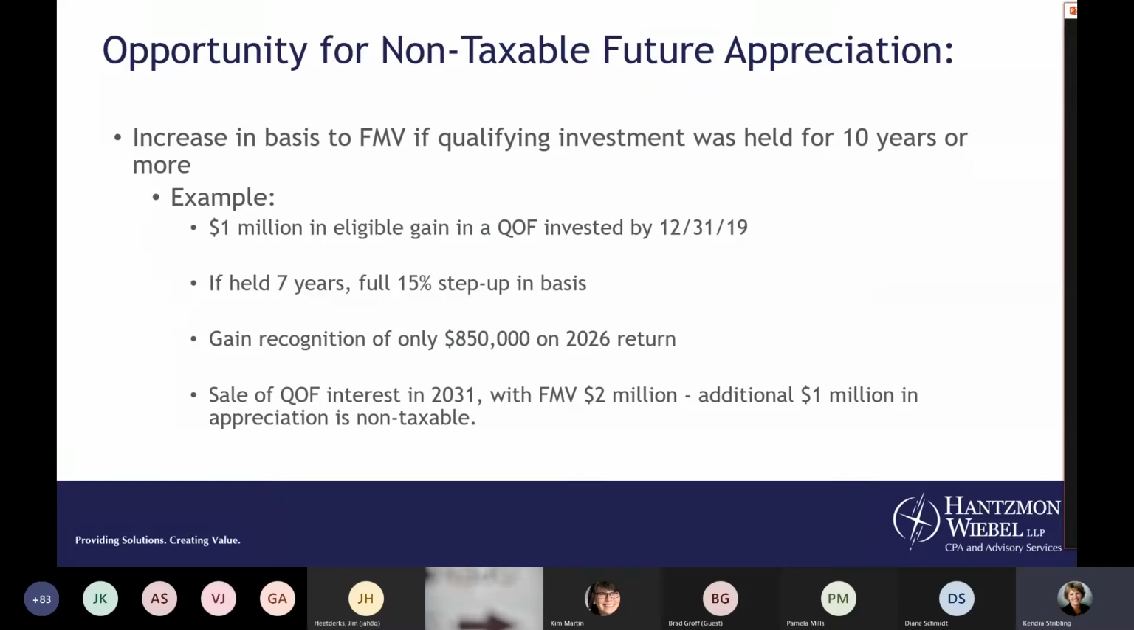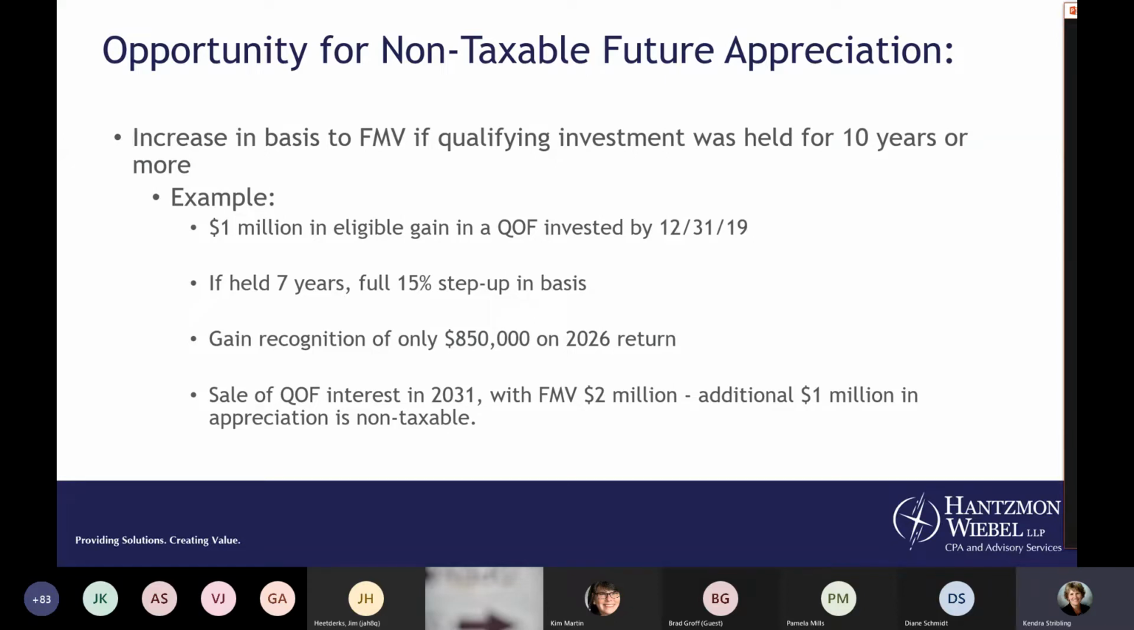Now, the biggest potential benefit, though, is the opportunity for non-taxable future appreciation. If the QOF investment was made in conjunction with a proper deferral election and held at least 10 years, the basis of such property shall be equal to the fair market value on the date the investment is sold or exchanged. So, for example, if you invested $1 million in eligible gain in a QOF by December 31st, 2019, you